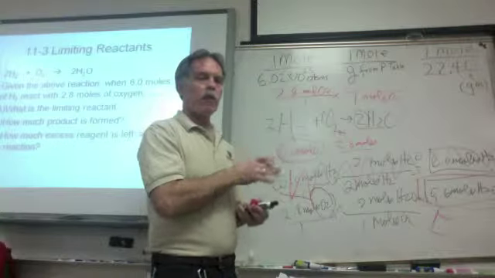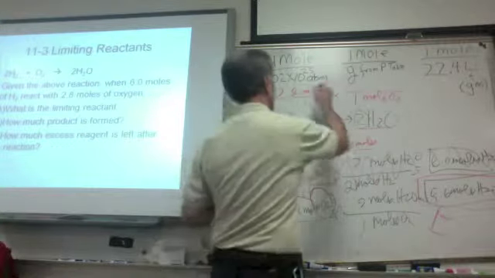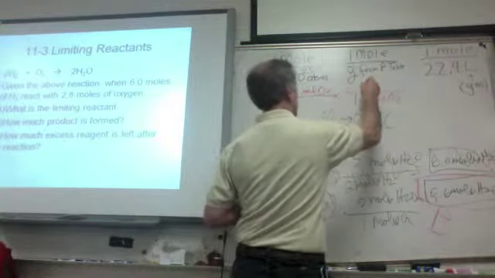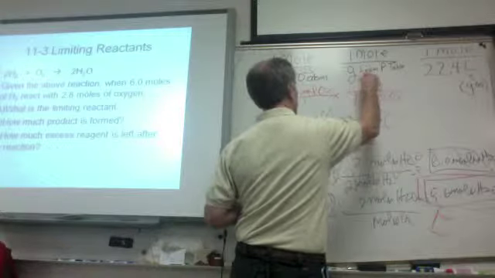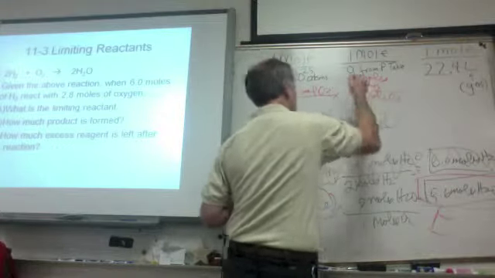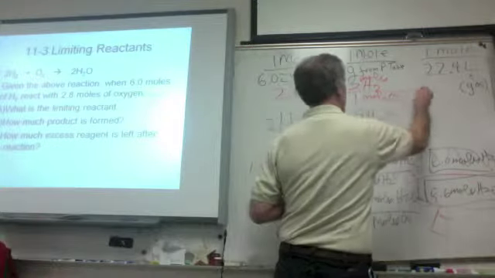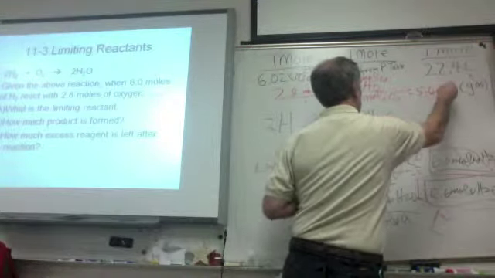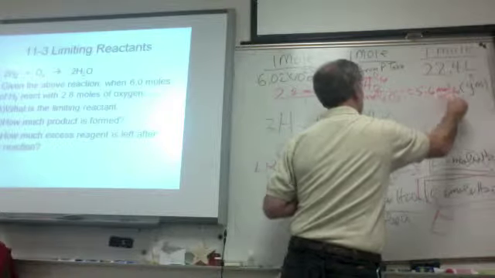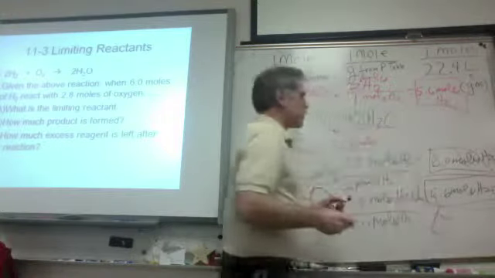So we're solving for H2 in this case. So we put moles of H2, and there are 2 moles of H2. Now, when we multiply this, we get 5.6 moles of H2,